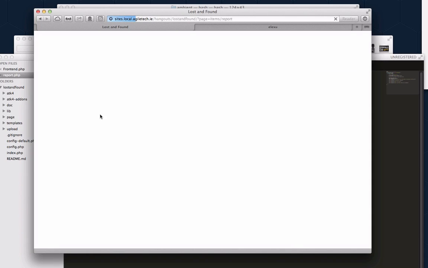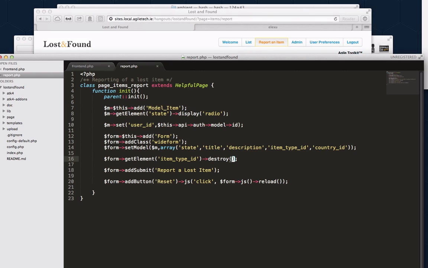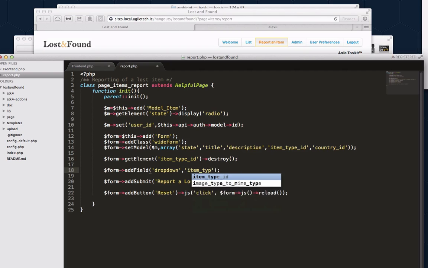So if I call this, it will not be displayed in fields. I can also add a new field manually, and for now I'm going to call it dropdown. Let's call it item type,